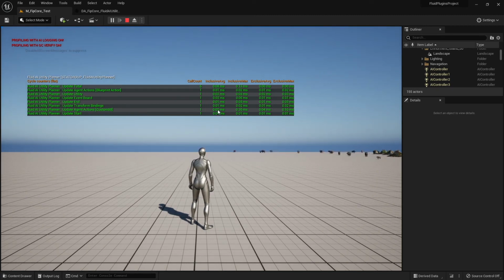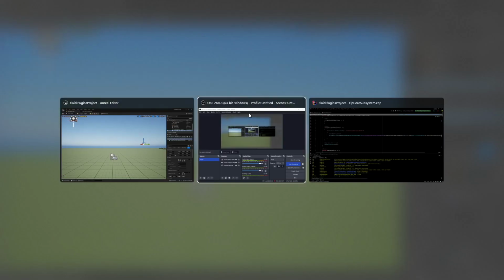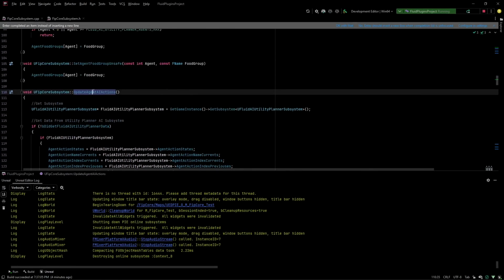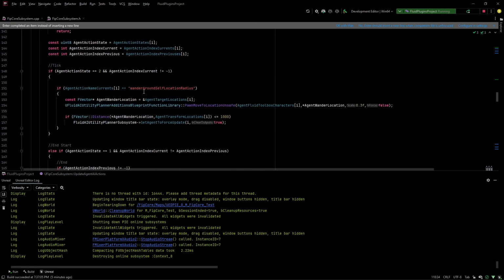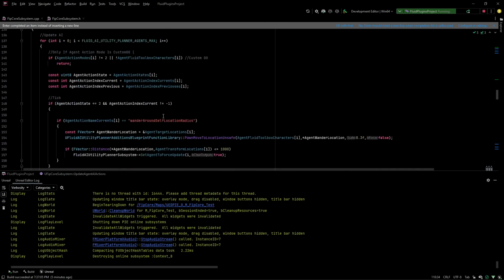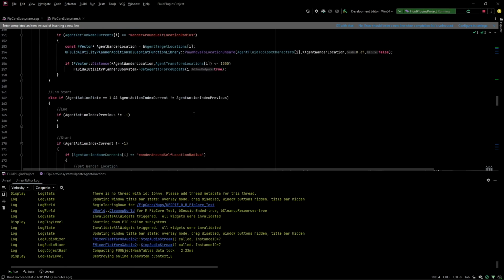It's about twice as fast as our blueprint, the C++ version of the blueprint action system. That's defined in this function right here, under FIP core subsystem, and it tries to update all the agents at once, and right now it just does the wandering code rather than having to call the functions and